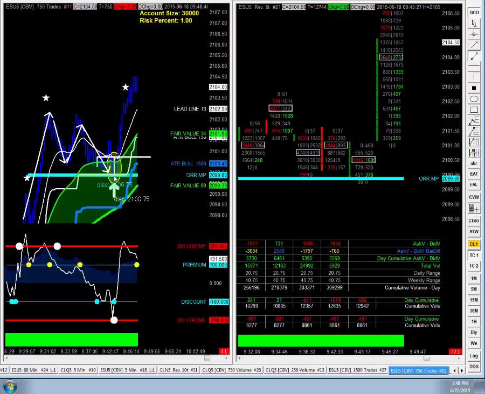Once the pullback has run its course, which simply means the pullback in price has formed our discount, the sellers that came into the marketplace to retrace price down are absorbed by new buyers stepping back into the market, and once those sellers are completely purchased,